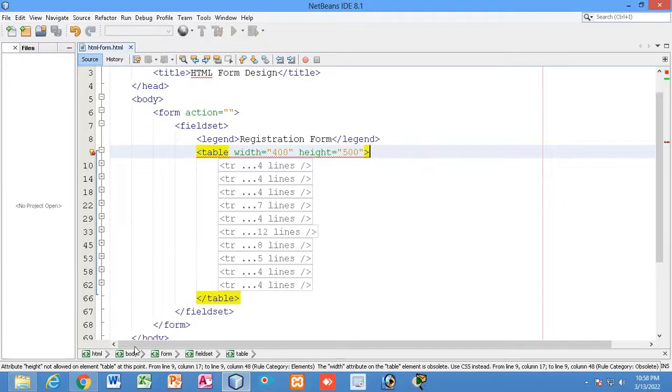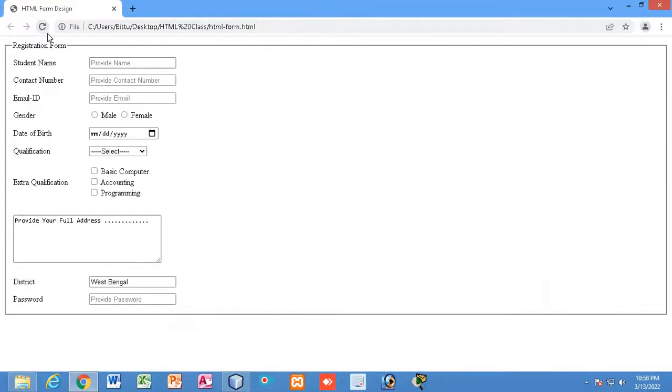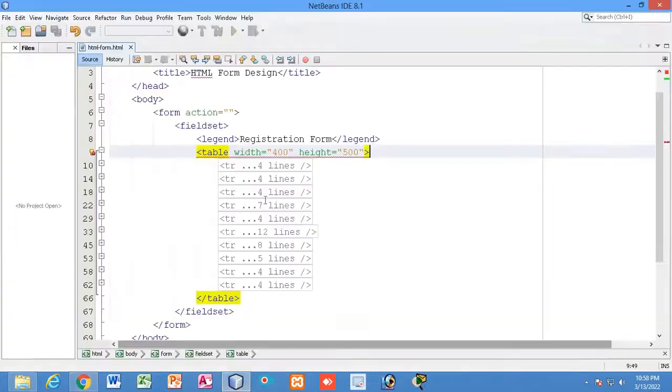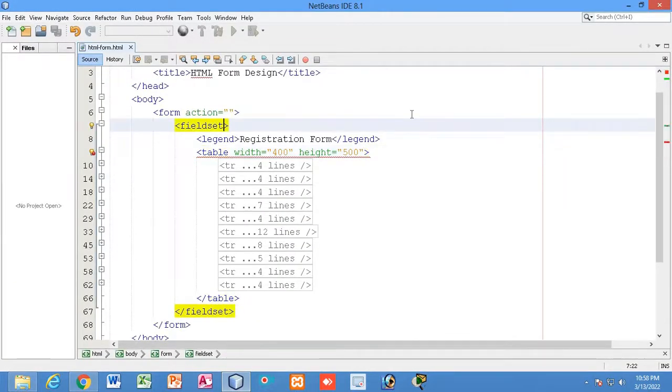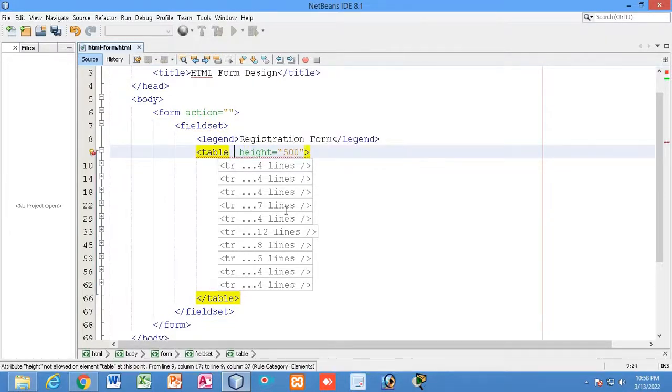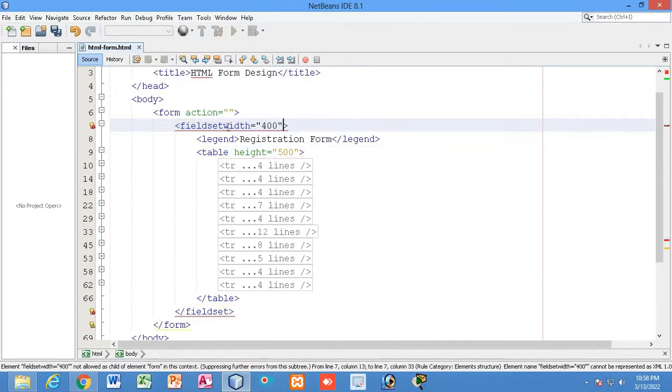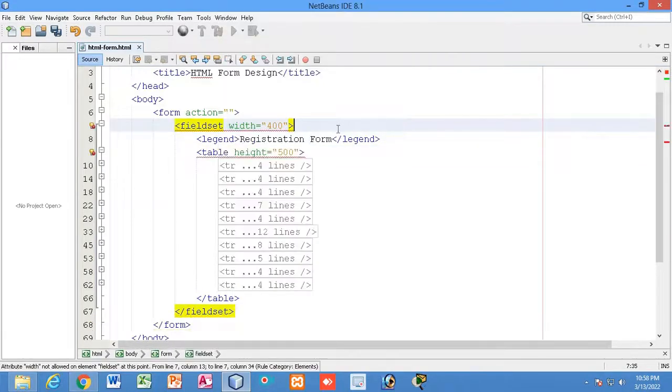Fine. If you do this, see, okay, we don't have the border. I have removed the border. Okay, you can also specify the width for the fieldset. If you don't want to specify width over here, you can specify width for the fieldset, right? Once you do this, you can see,